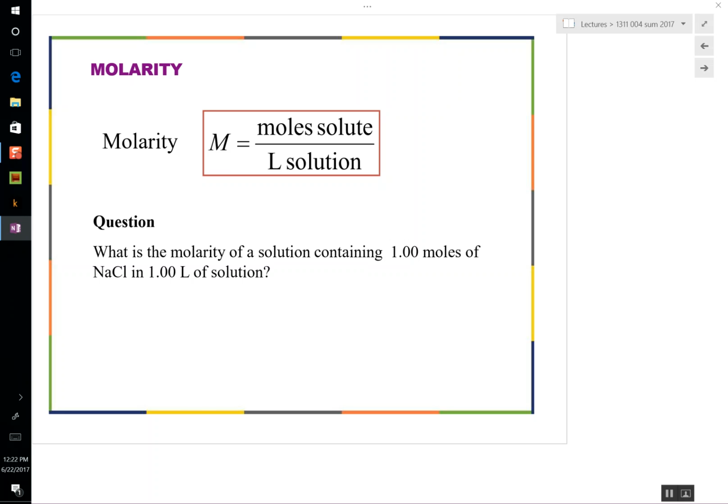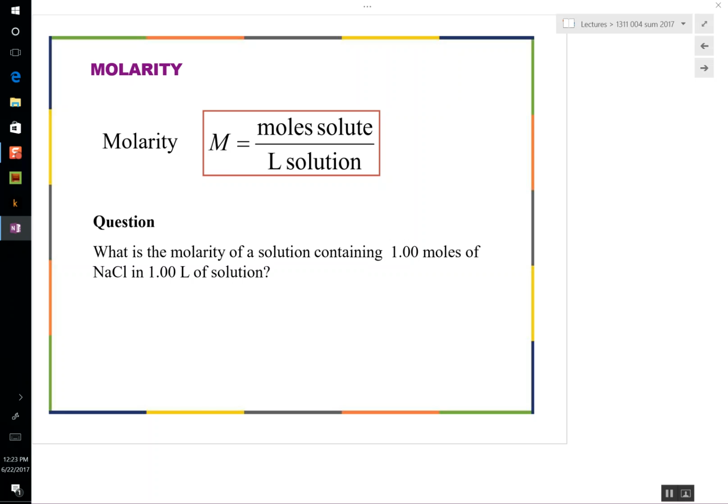We don't take a mole of the substance and add a liter of water to it. To make a 1 molar sodium chloride solution, we would look at our sodium chloride and say, okay, I've got sodium, I've got chlorine,